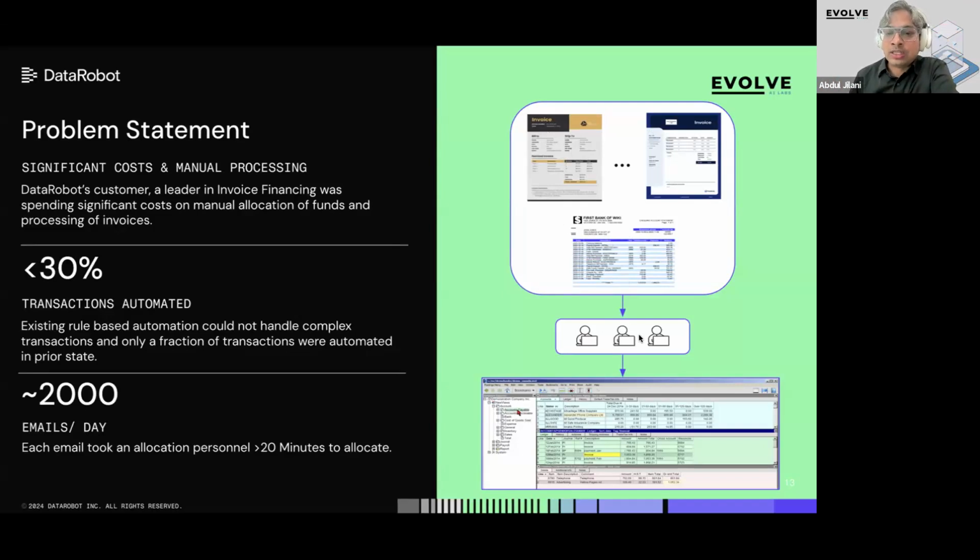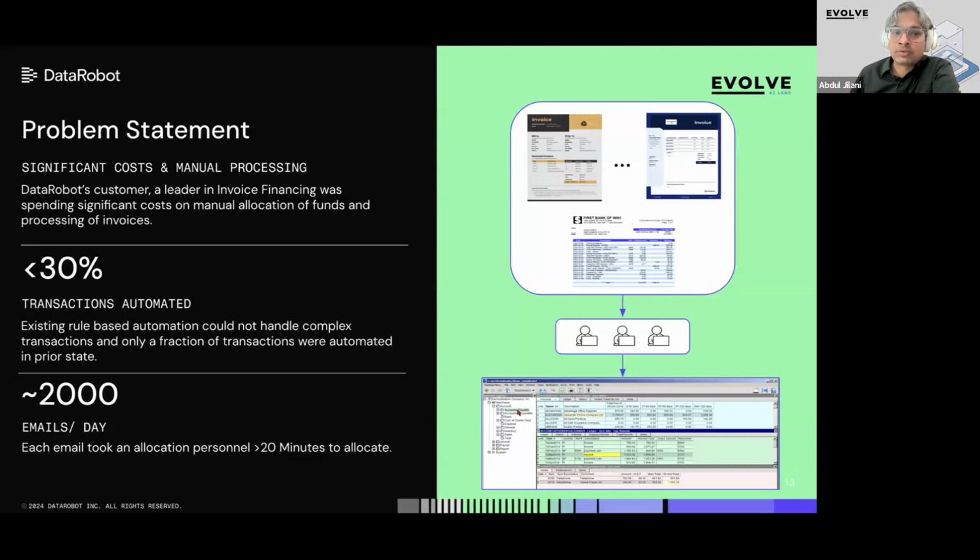So the manual processing personnel would look at all of these invoices, correlate whether the payments were done, and then go into a back office application. In the application, you have details related to the companies. Now they would split these transactions in the ledgers and allocate funds accordingly, which would then open the line of credit for the companies. So all of this process is manual.